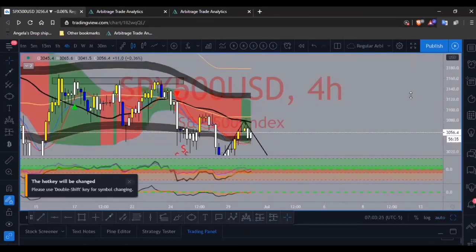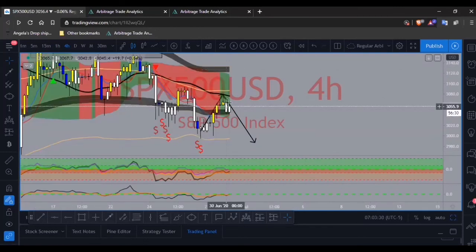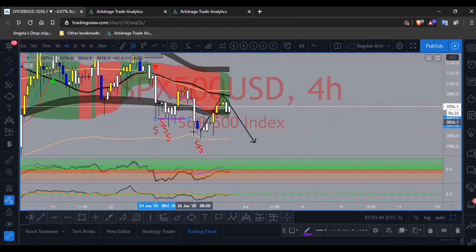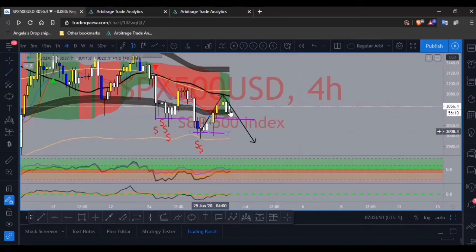So I kind of still want this to happen on SPX, but I'm watching it because it could literally just respect right here. Another thing, the same head and shoulders pattern I talked about, the inverse head and shoulders pattern, we kind of have the same thing here. So you want to watch out for that. I'm always wary of these patterns. I always watch for them. You want to watch out for it though, because price can just come down here, respect this, and then go bullish. So just wanted to speak on it, not really looking to get into it or anything like that right now.